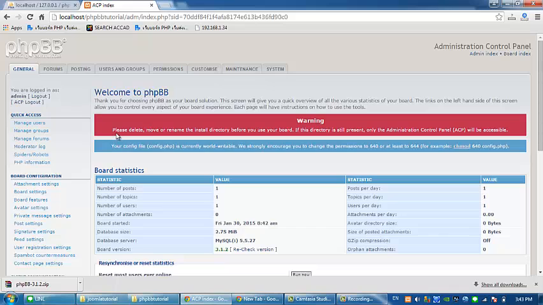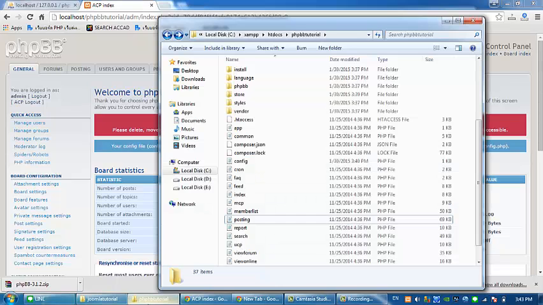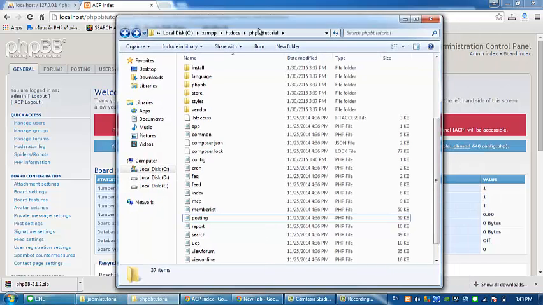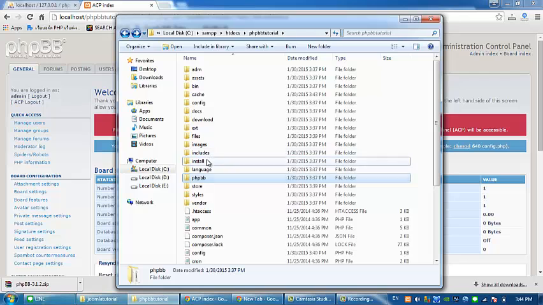So first, we must remove the install folder or rename it. So it's better to remove or delete the folder. So we will go to the phpbb tutorial folder in XAMPP and delete the install folder.